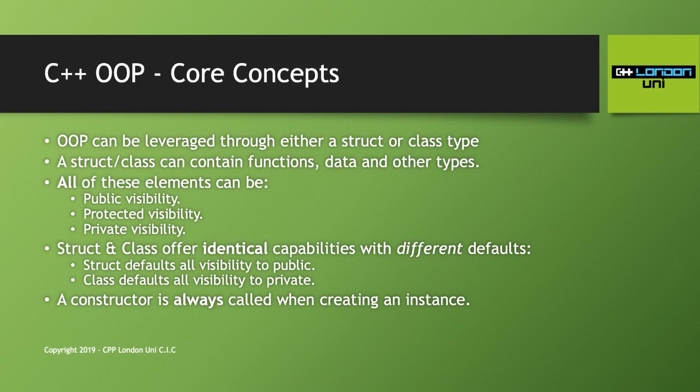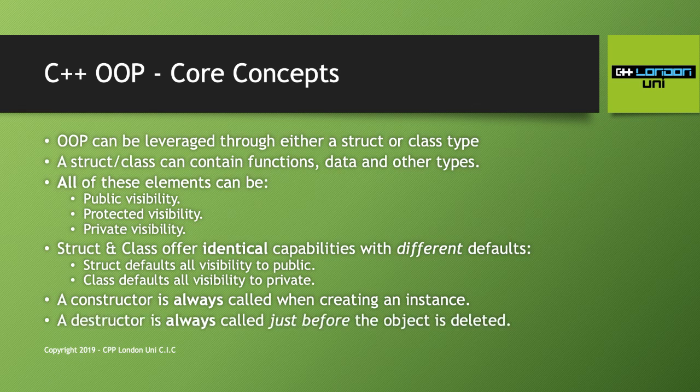The default constructor is automatic. A constructor must be called, right? So you could pass some arguments, and it'll call your constructor that takes arguments. Or they can pass no arguments, and if you have a default constructor, then it will go to that, because that doesn't take any arguments. But the point is that something's got to get called. And a destructor is always called, as I said earlier, just before